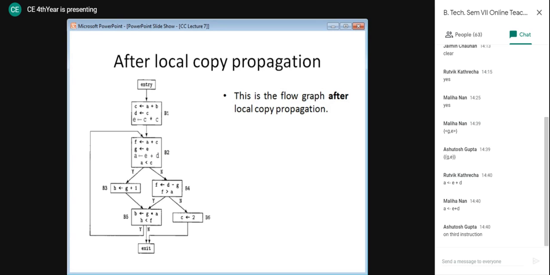So this is local copy propagation. This is as such very simple, but still our copy propagation is not complete, because after applying local, we also need to go for global copy propagation.